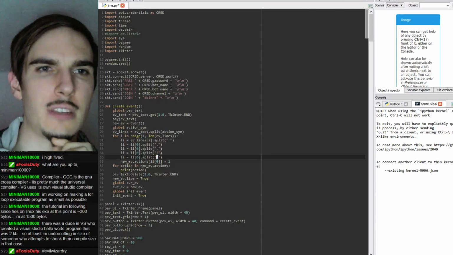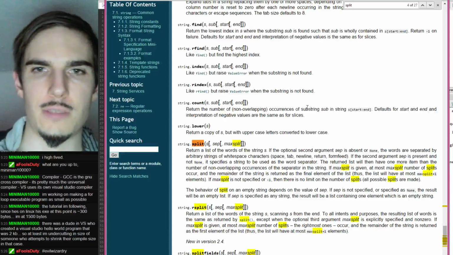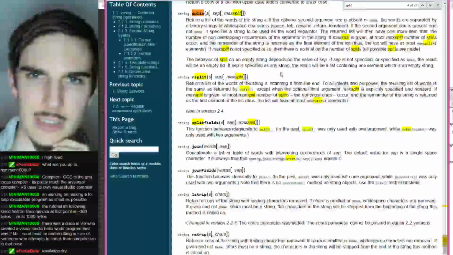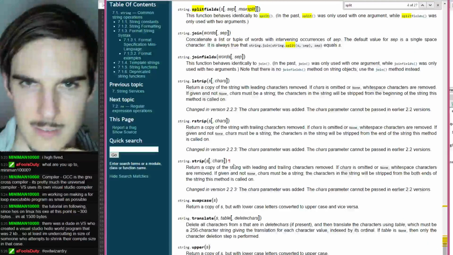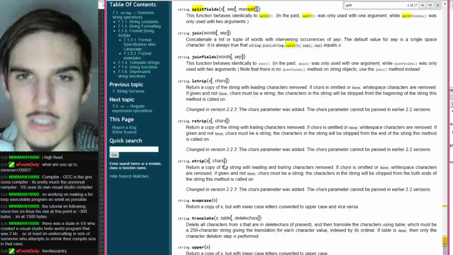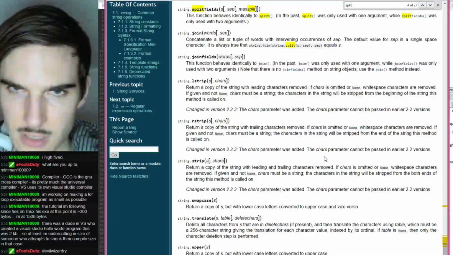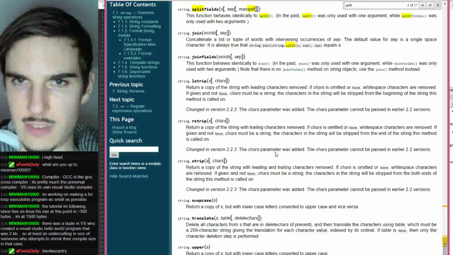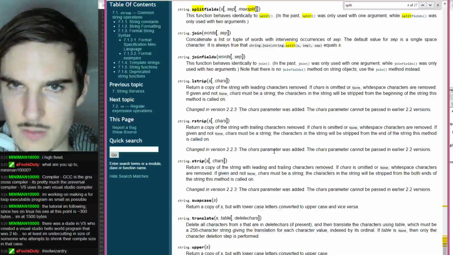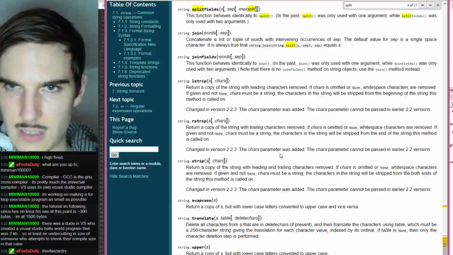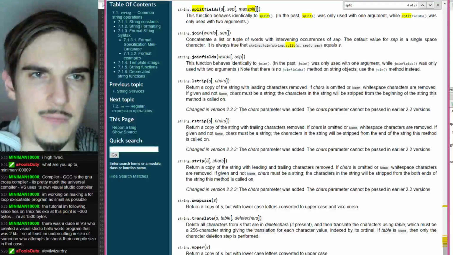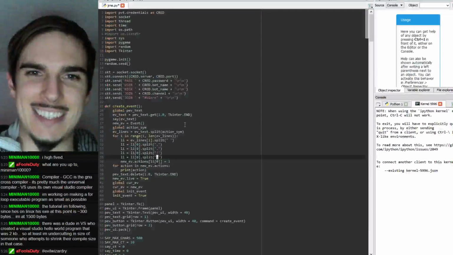Oh wait, actually, what if I did trim? Is there a mode of trim to get rid of punctuation? Probably not, but, or strip, or whatever it's called. Oh, chars. Oh, excellent. Return a copy of this string with leading and trailing characters removed. Fantastico. Chars is omitted or none. Alright, cool. So right, so we don't have to split a jillion times. We can just